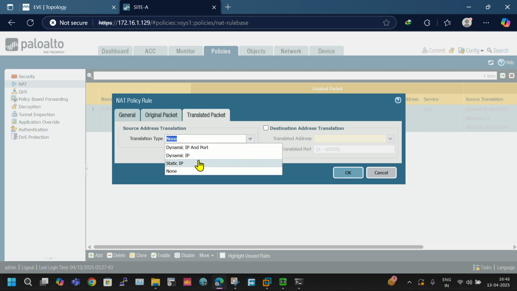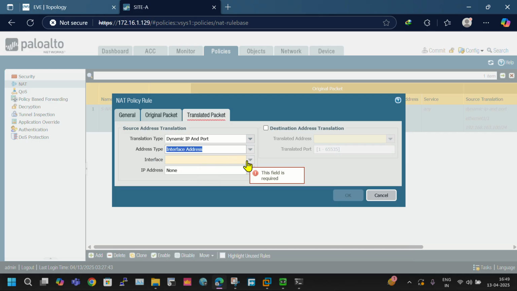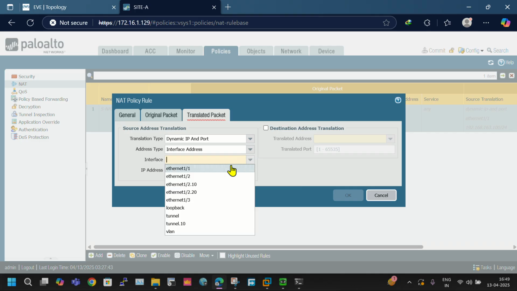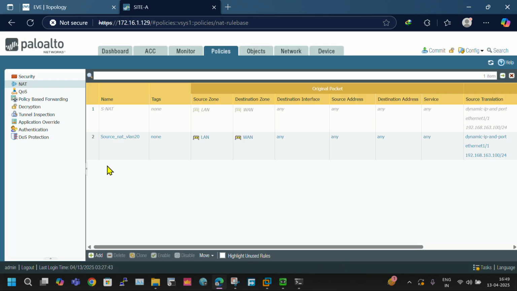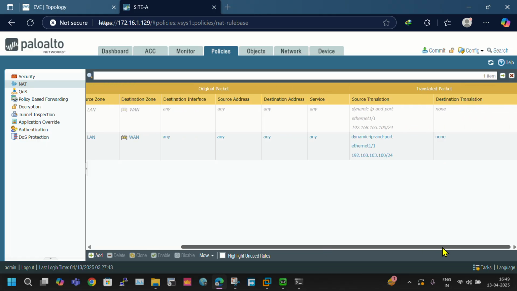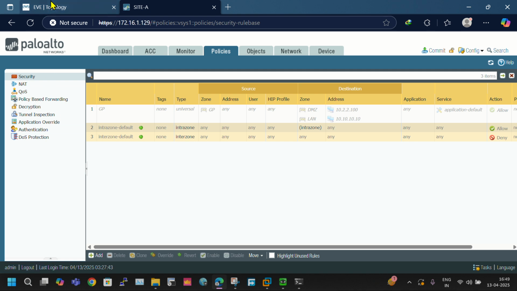So I want this to be translated with the IP configured on the external interface. Okay, so that is the interface, and the IP is 192.168.163.100. Okay, so this is how we can configure the NAT policy. Okay, now we will also have to configure the security policy to allow the communication from the LAN zone to the WAN zone. So let's create